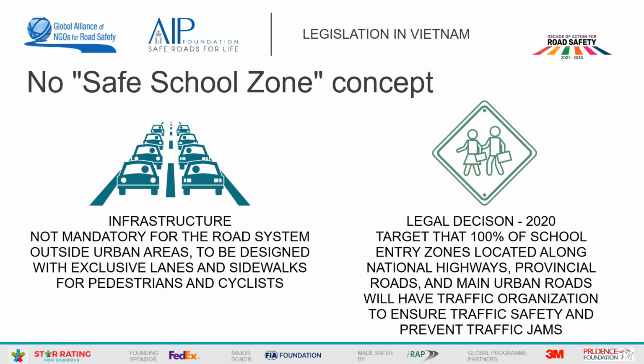So not being able to keep up with this type of growth had led to the lack of infrastructure to protect vulnerable road users. For example, before the Safe School Zone Guide program started, there was no national definition of what is a school zone in Vietnam. In fact, legal action from the government is very recent, with a national target to ensure traffic safety around schools, but that was defined only by targeting the school zone entry. And if you work in road safety and safe mobility, you know that the safety of students goes way past the school gates.